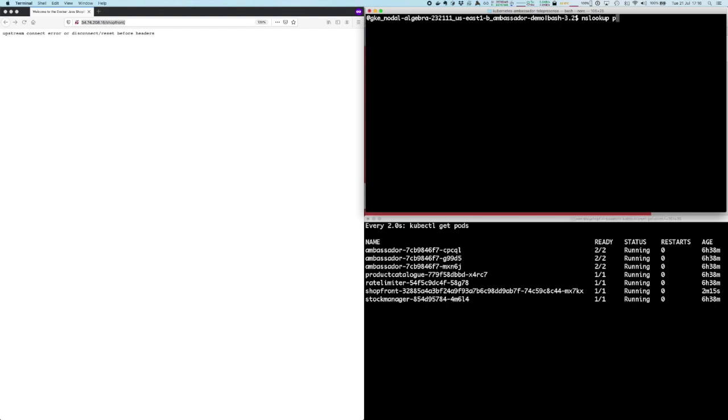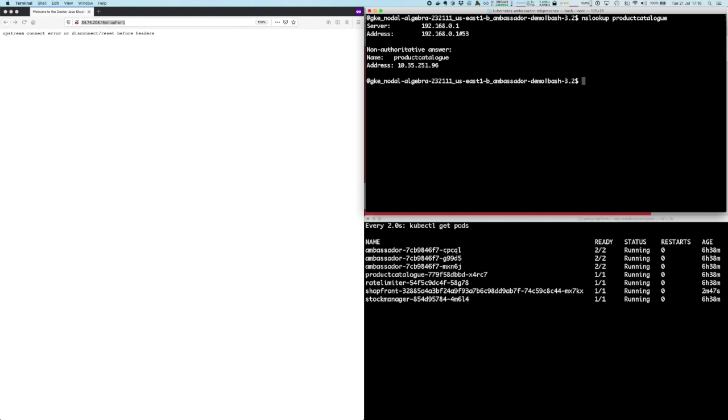Right, with Telepresence up and running, one cool thing I can do now is an NS lookup on the product catalog. Before, when I ran NS lookup on product catalog, because my laptop wasn't part of the Kubernetes cluster, this didn't make sense. There was no product catalog DNS entry. Now, because I'm telepresenced into a remote Kubernetes cluster, when I do NS lookup on the name of a service, product catalog in this case, I get my domain name record back. So because I'm actually in the cluster now, Telepresence has connected me up to the remote cluster.